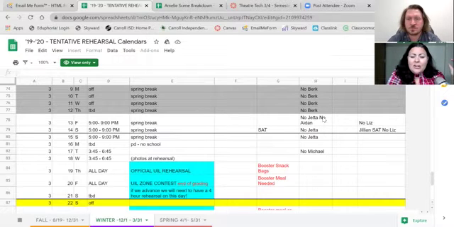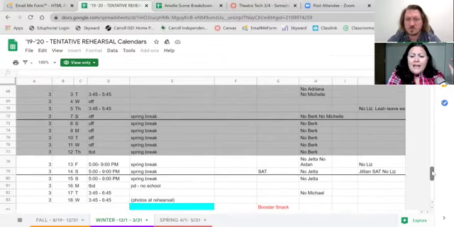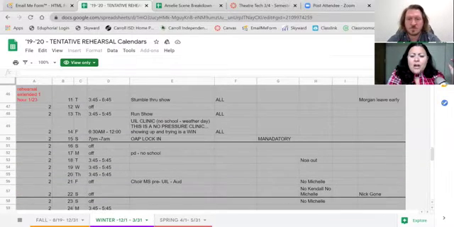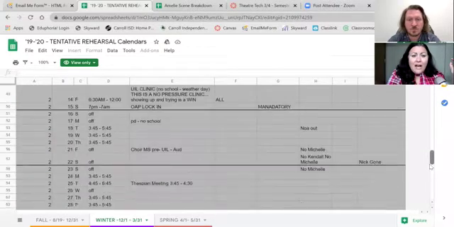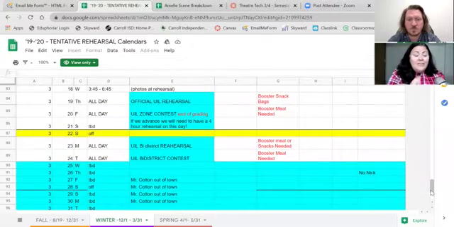You can see back here, the student conflict section is right here. This is tech conflicts right here. So as you look at that, you can kind of see that's how I put together a rehearsal schedule. I do it on Google Sheets so I can share it with people. They can look at it anytime on their phones, pull it up. And then I also post it week by week on our call board.